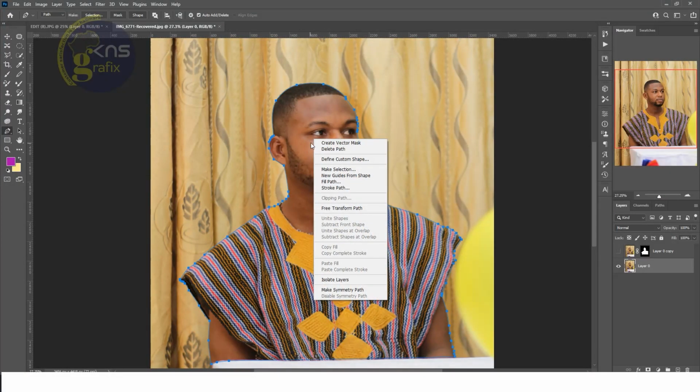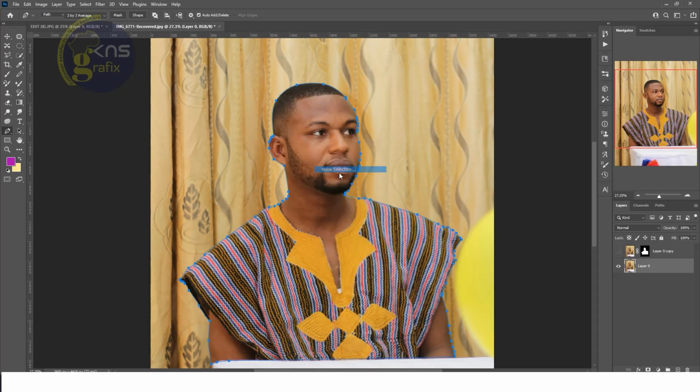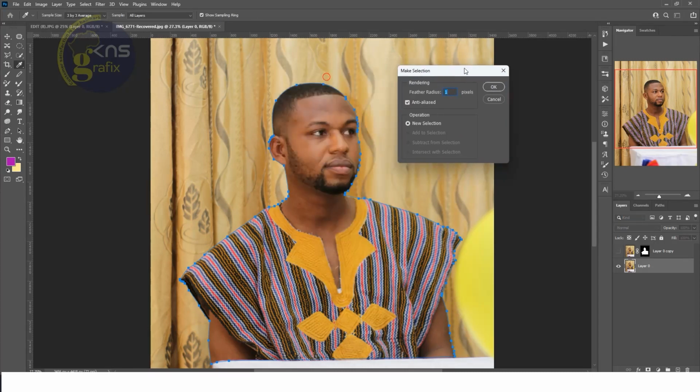You have to left click, or I think right click rather, then come to this point. There's a pop-up warning that is going to appear. Then you make sure you select the make a selection. Then maybe you want your selection edges to be smooth, so either you increase the feather bar,